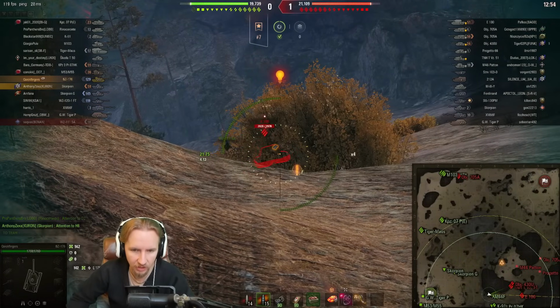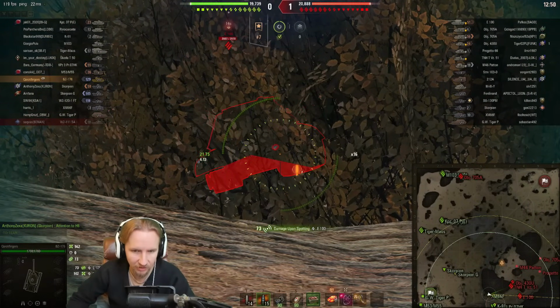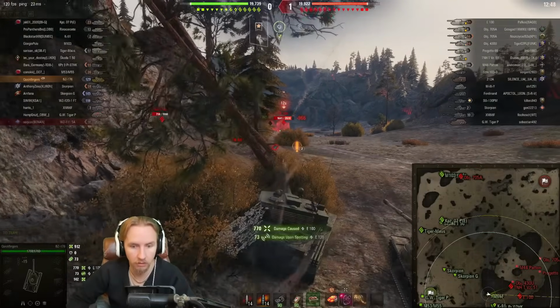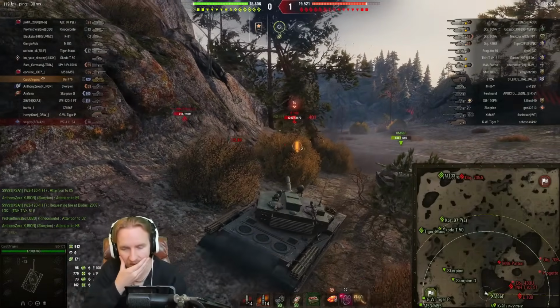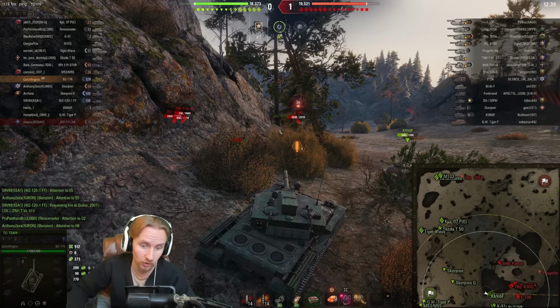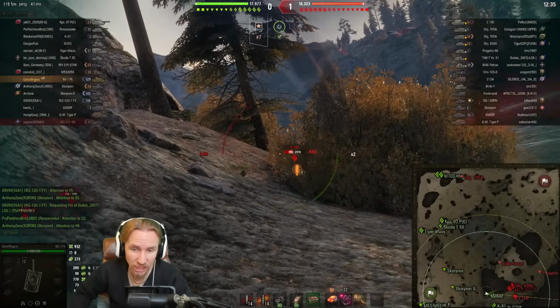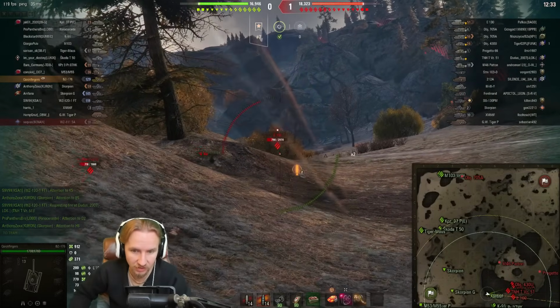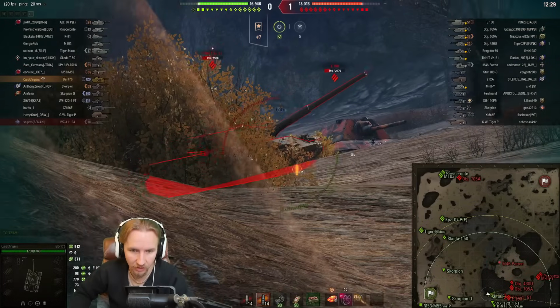For every game that you get into like this, there'll be a game where you just end up against all of the casual little tier 6s, and you can really mess them up. Like if I hit that guy's lower plate, how much will we do? Oh, that's incredibly lucky. I really think that is insanely lucky. That should not pen. I've only got 225 millimeters of pen, and it's HE as well, which means that if it hits an angled surface or spaced armor, it gets way, way, way worse. But I just...